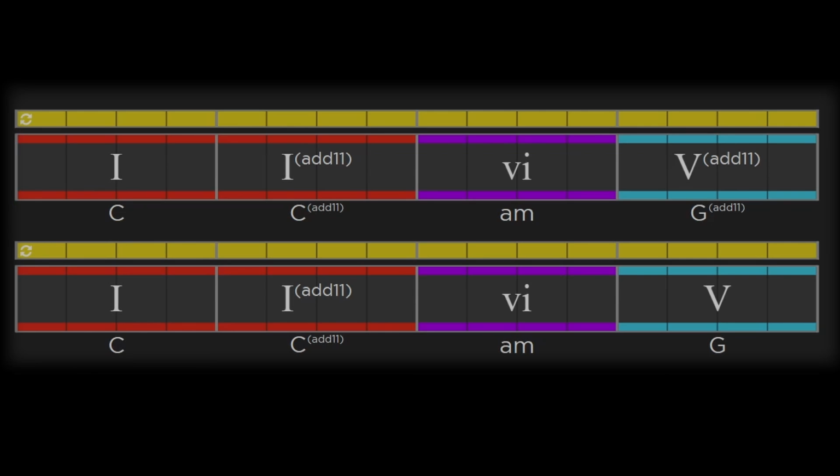Moving from 1 add 11 to 6 provides a pleasing sound. This is because 6 is the relative minor of 1 and therefore provides a satisfying resolution to the tense add 11. For example,